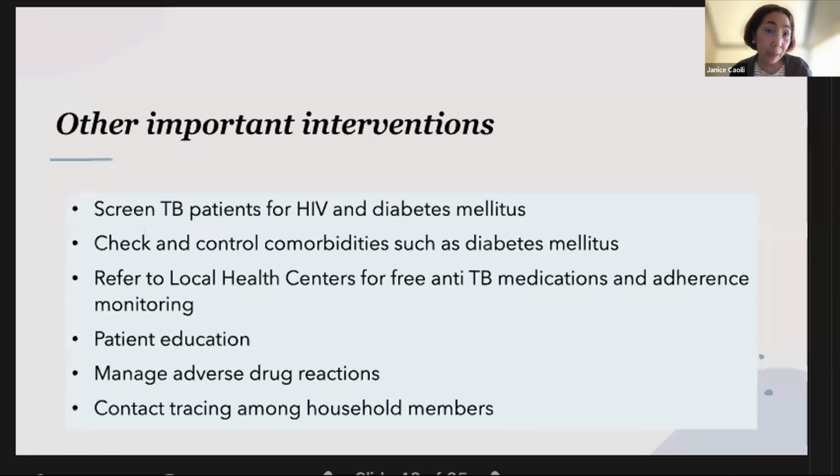Because if we are unable to control HIV and DM, then we will not be able to properly manage the tuberculosis. And we should always remember that the test, no, yung expert, the TB medications, no, these are all provided for free, no, to Filipinos and even to foreigners sa local health centers natin. And the good thing is, the local health centers kasi they have mga volunteers, no, and they can monitor treatment